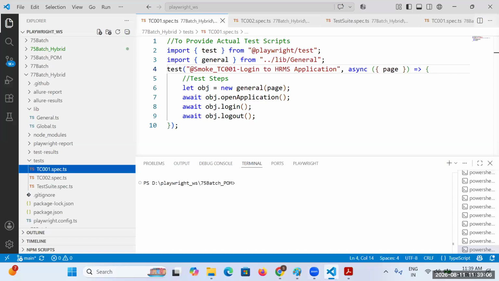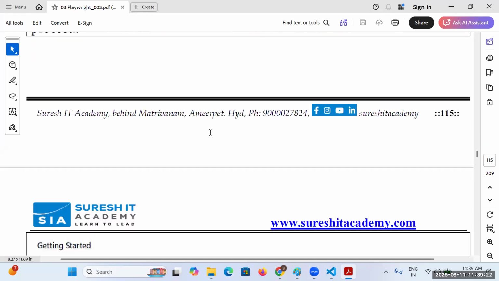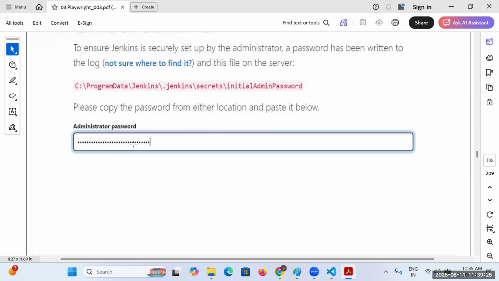Here you will find the password, which you will use as the initial admin password. Go to this particular file and double click on it. You will get a password, and you will provide that password.